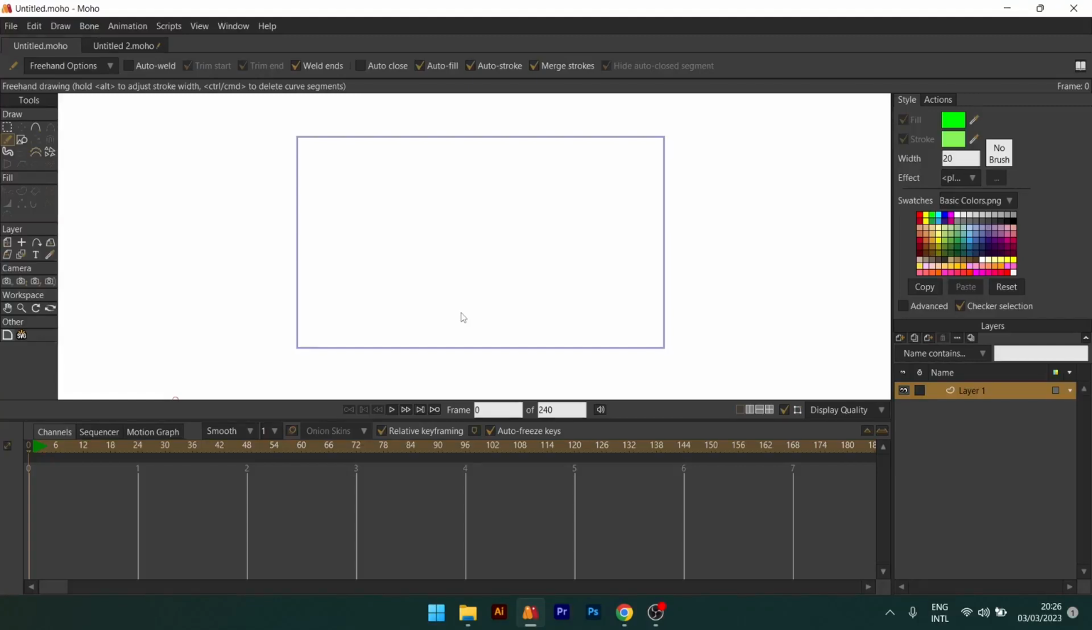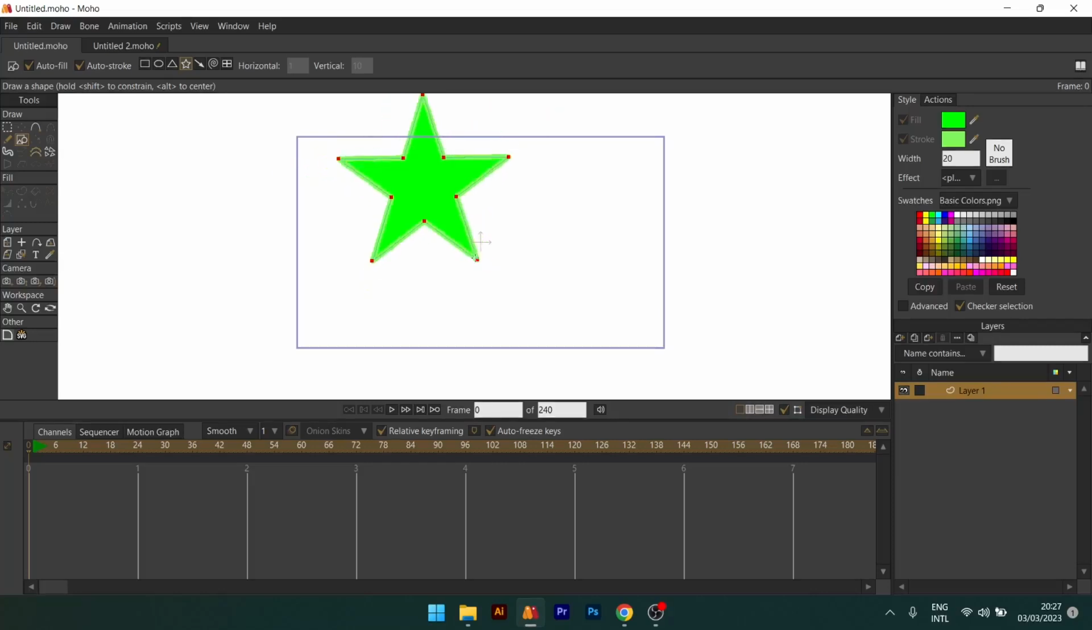In the previous video we talked about different aspects of our Moho interface. We covered the tools, the style, the menu bar, and then the last thing we talked about was the layer window. In this video we're going to be taking what we learned in the previous video to another level. We're going to be covering a little bit more advanced part of our layer interface. So let's start with drawing our shape